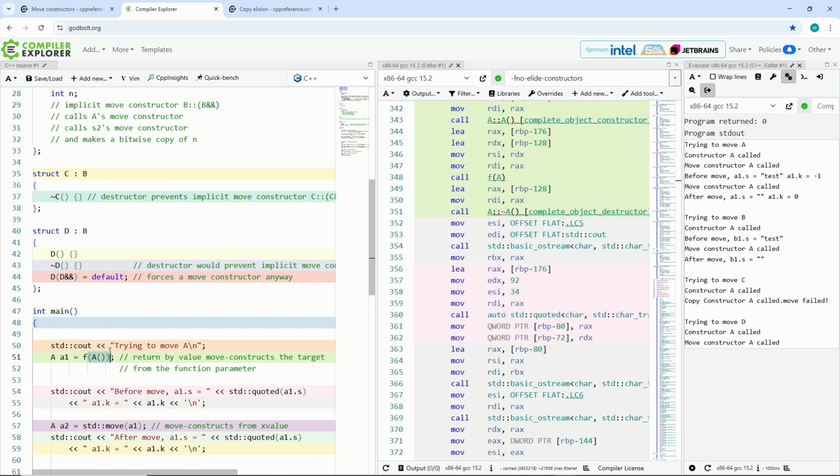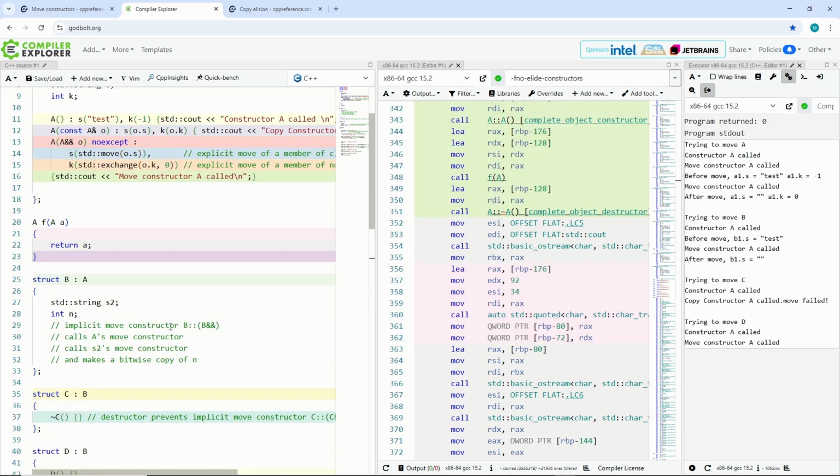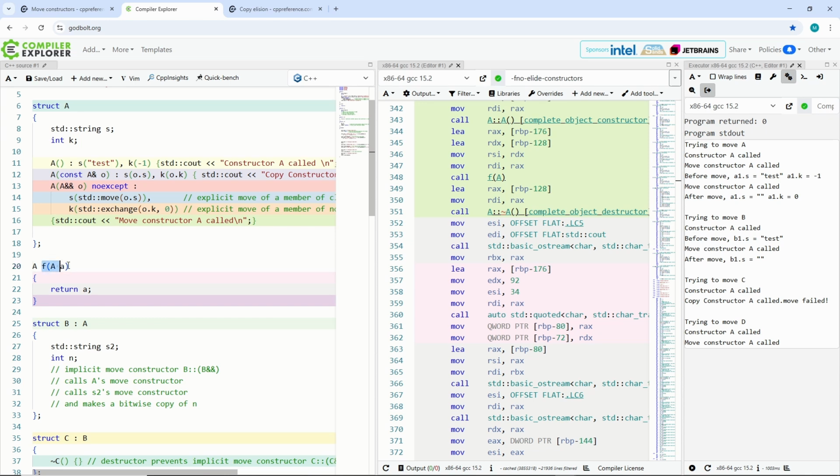Then this space will be used later by this function. And this function says, okay, wait a minute. You pass something in which is A, and I'm returning just this A. So the compiler says internally,